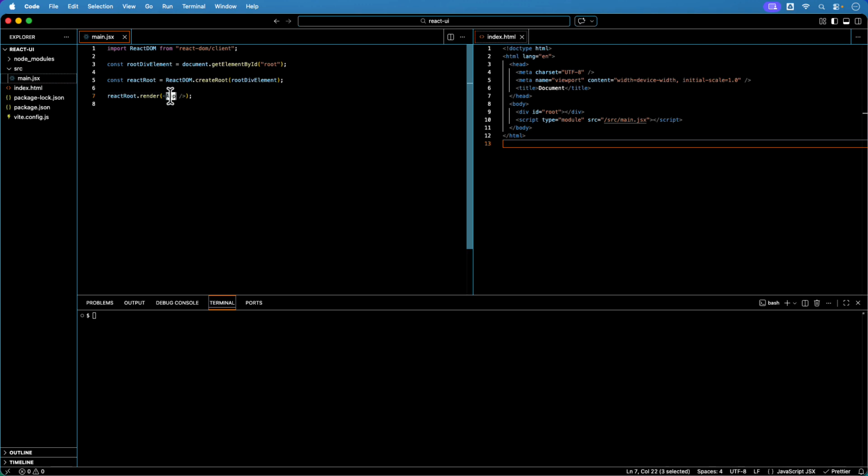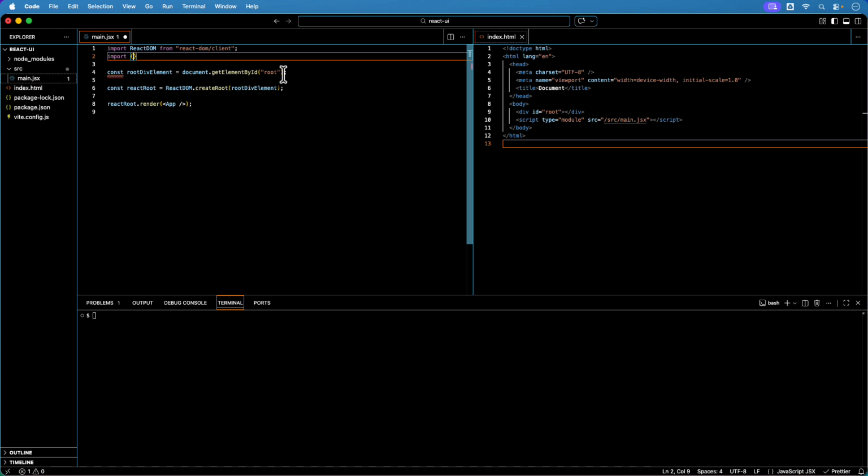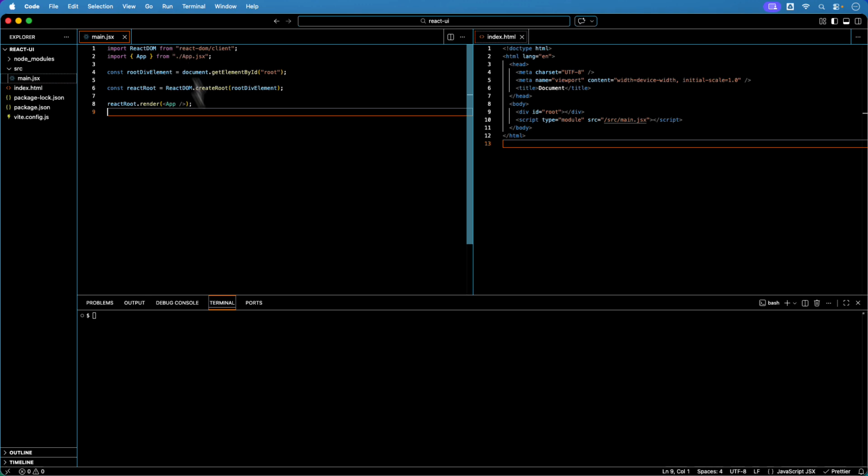So this here app is a React component, and the way we implement it is by creating a function called app. So let me show you. I'll import a function called app from a separate file. And by convention, the file will have the same name, and very importantly, it will also start with an uppercase letter. So let's go and create that file,